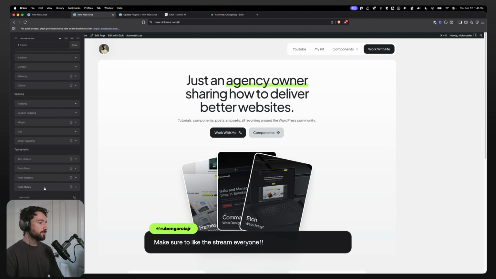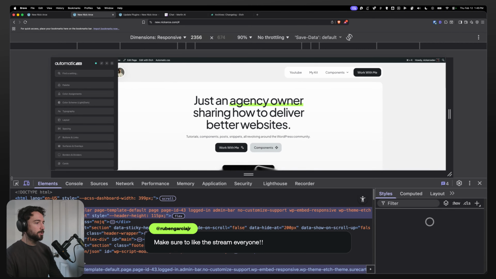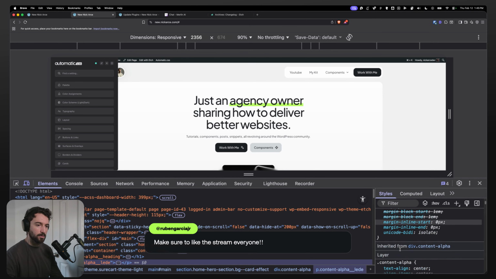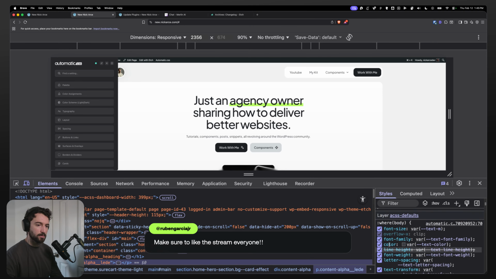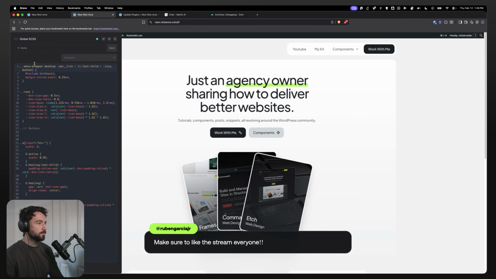Font styles, text. I think that's what I'm just going to do. And we'll do font styles. Let me make sure, what variable do we use for default paragraph fonts? Font family, text font family. Right here. Now, is there a class I can use for just default